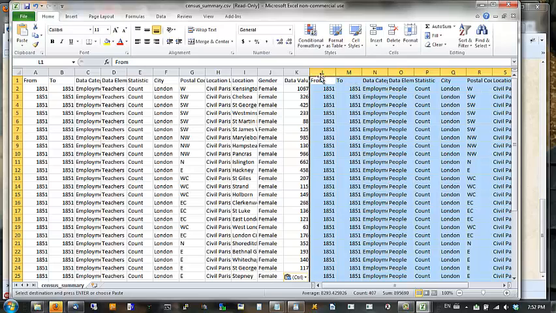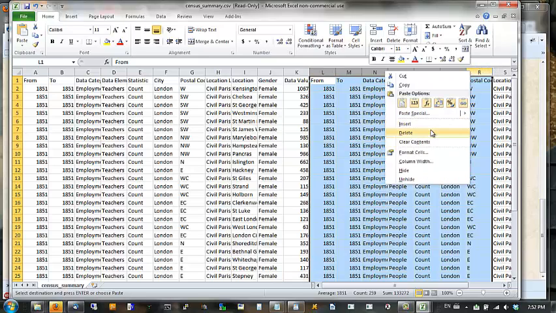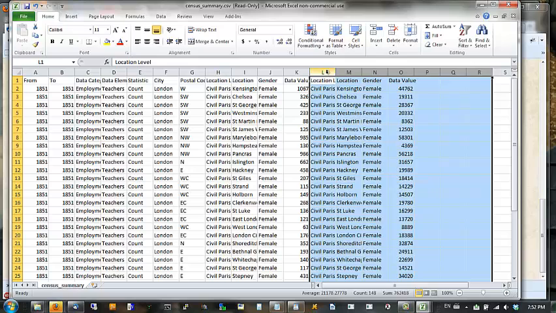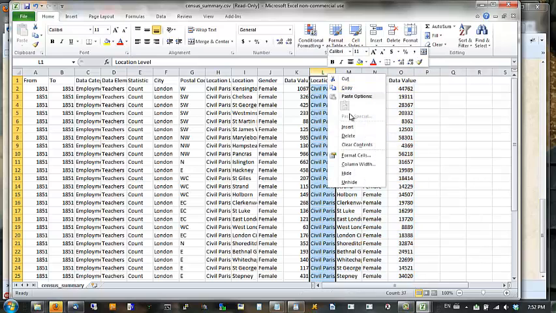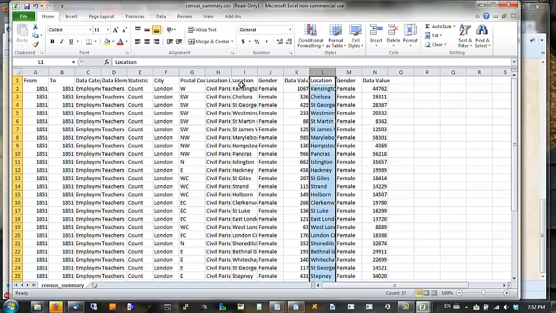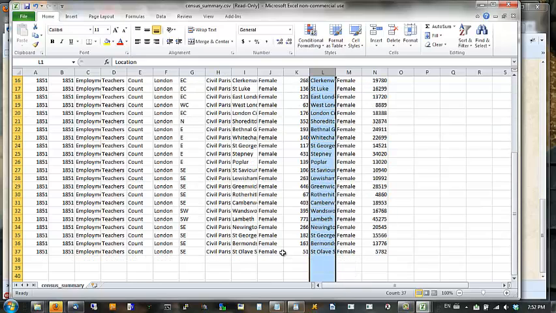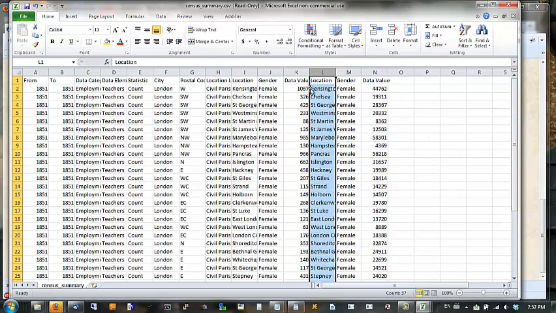And now I can just verify. I really do not need these columns. These are things that are going to be exactly the same. So is this one. But I want to just verify Kensington, Kensington, and just kind of go down. Clerkenwell, Stepney. And generally, if you've got the same number of rows and most of them look the same, you're pretty good. So now I know that I have this many teachers and this many women in the whole civil